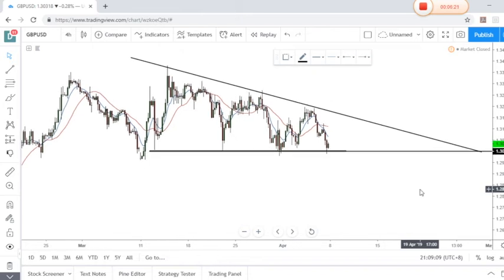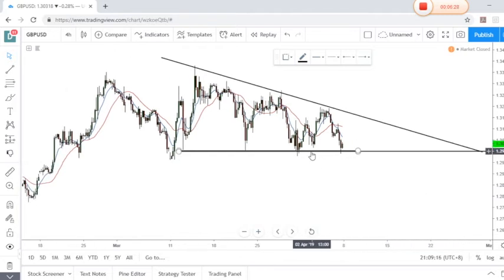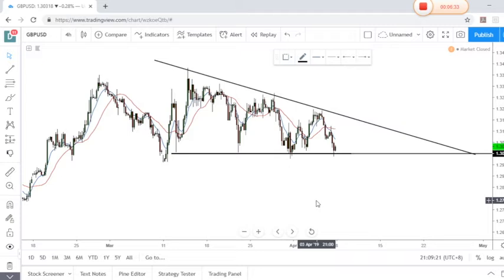However, based on the technical insight here, 1.13 is a great area for support. So you can actually start buying at this area and put the stop loss just right below the 1.13 level. There will be around 40 to 50 pips risk, but the reward is actually quite interesting as well. But I still wouldn't buy now, and I will see how it plays out in the future,